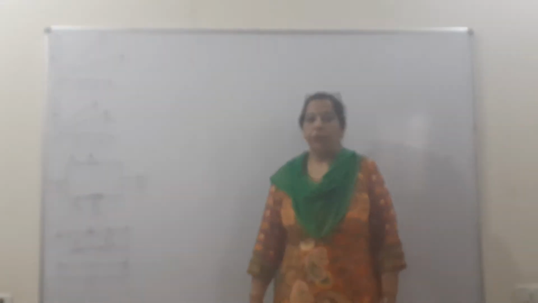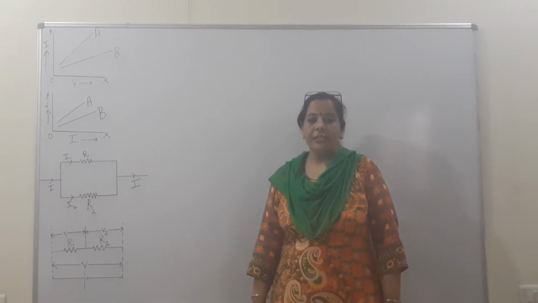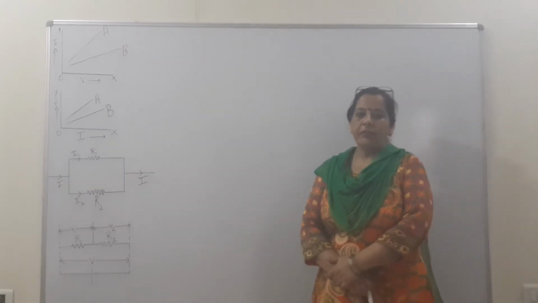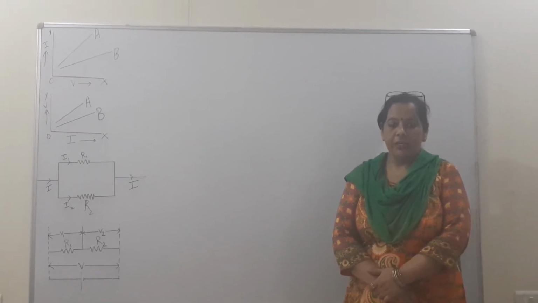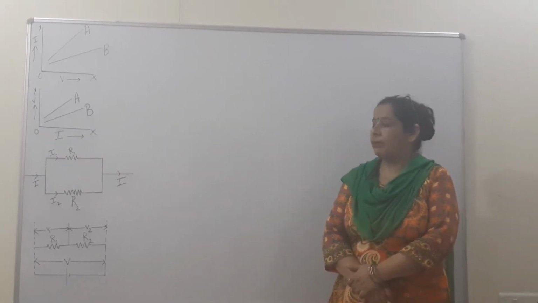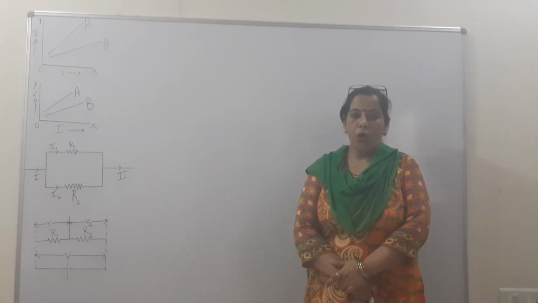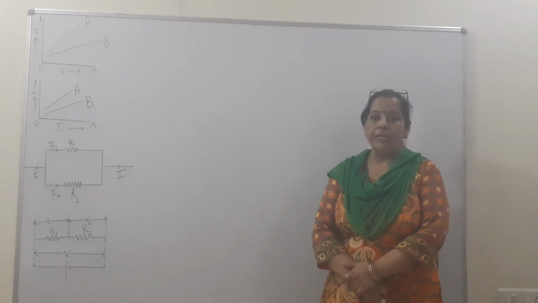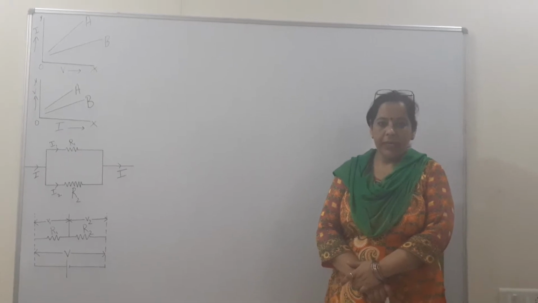Beta, in the last video we did the derivations when the resistors are joined in series and in parallel. Now the question is that they can ask you why the resistors are arranged in series or why they are arranged in parallel. First, why are the resistors arranged in series? When we want to decrease the current, we have to increase the resistance. When the resistance is more, the current will be less.